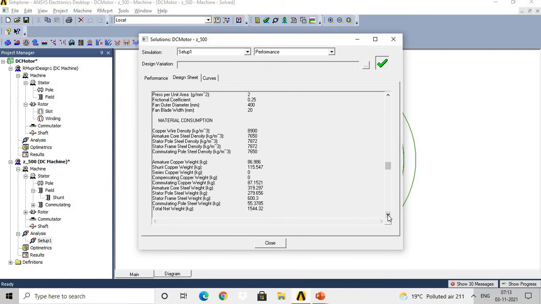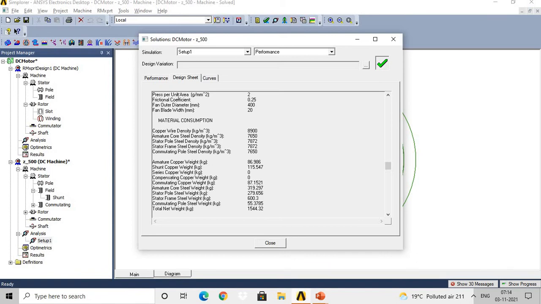Then related to the material consumption. So this is the most important point. Till now we have discussed the different design parameters. But whenever you are going to make the hardware model of this motor, then material consumption information is available, from which the machine information is given in terms of weight, material with weight, and you can compare. You can go through the current rates of that material in the market, and according to that, you can estimate the material consumption as well as the material cost which is needed to make the hardware model of this motor.